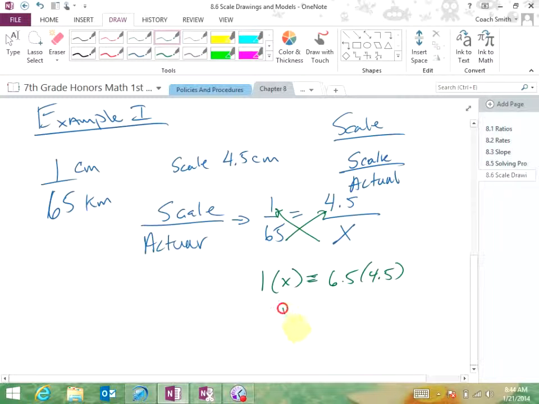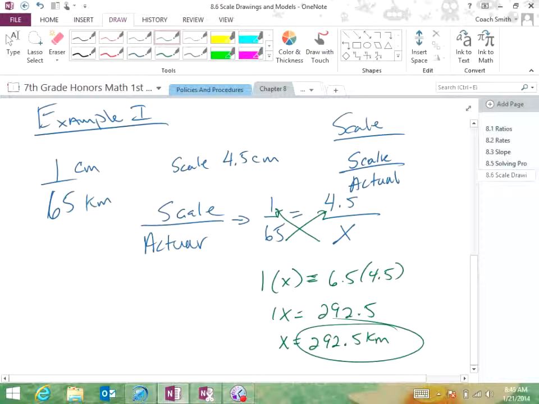Okay, and so that gives us 1x is equal to 292.5. Well, 1x is just x. Okay, that's just x, and so x would be 292.5 kilometers. Okay, so to go from New Sweden to China,